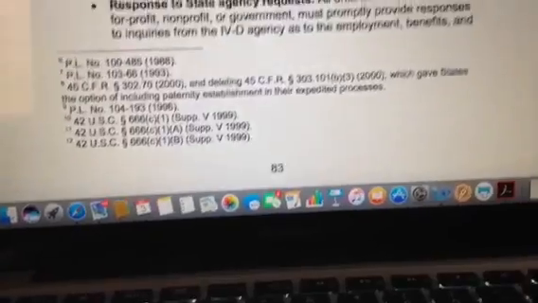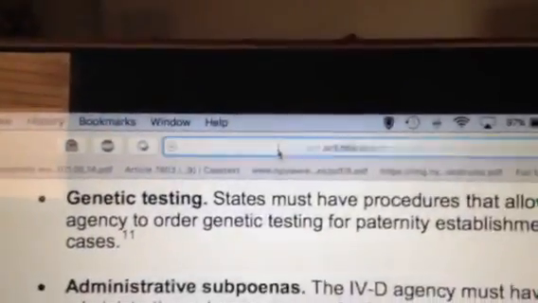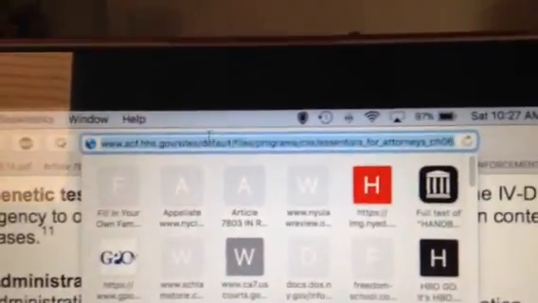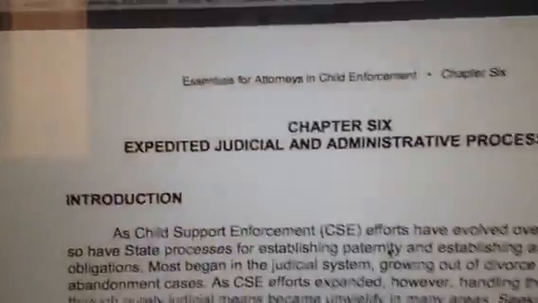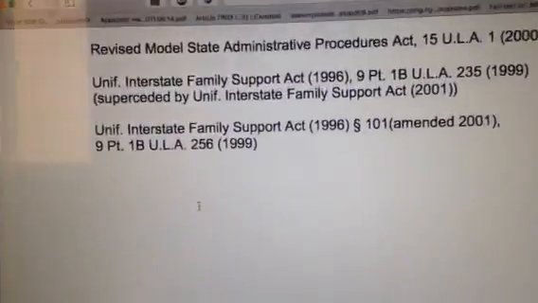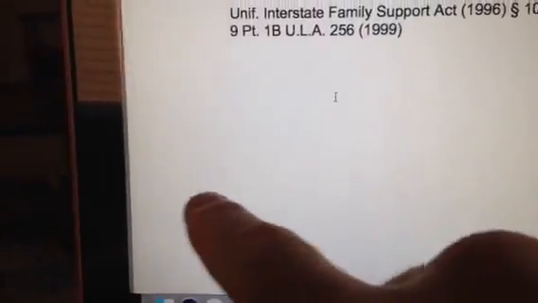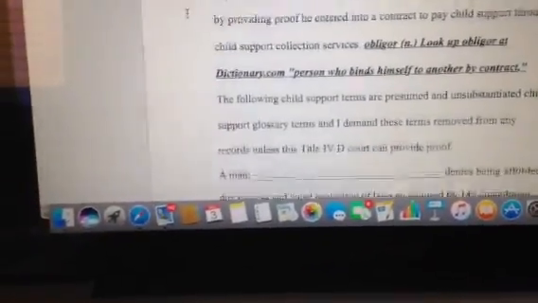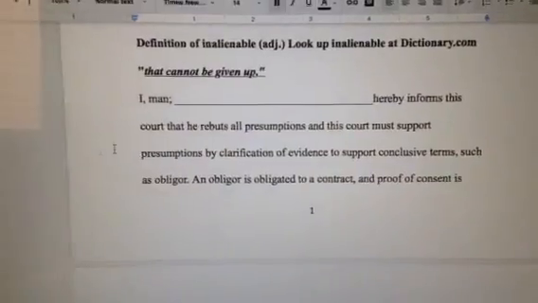Okay, what I did is on the top here, I cut and paste that link. And what you do is you go to that web page, this is going to come up, and you're going to print this out. All right, and again, with this at the bottom of it, you're going to write on the bottom Exhibit A, B, or C, whichever order you want to do. It doesn't matter. Okay, that's the beauty. And you're going to submit this. And when they see that they didn't follow these procedures, you're going to make their job very difficult. Okay. So let me get to this real fast and show you.